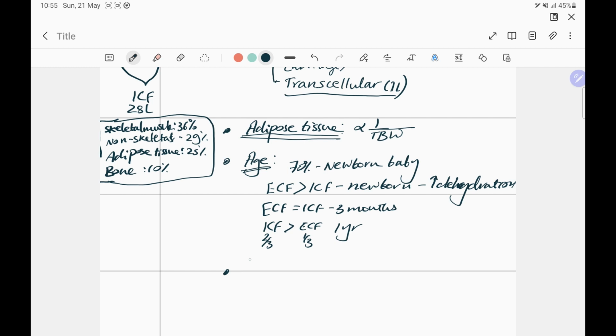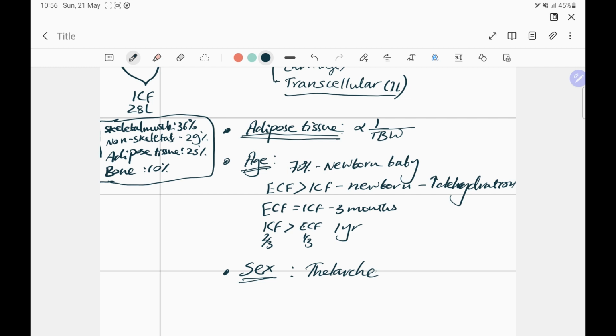So the next thing that determines the water fluid compartments is sex, your gender. So females, like I said, have less water than males, because when you become 13 or 14 years old, if you look at girls, they undergo something called thelarche. So thelarche is the first sign of puberty. It's where the breast tissue starts to grow. This happens even before they have their first period, or before they even develop hair in other regions of the body, the pubes and the axillary area.